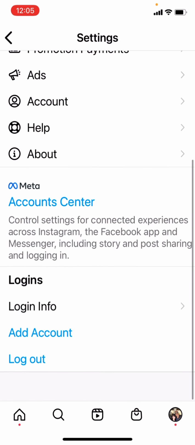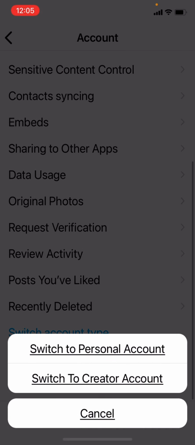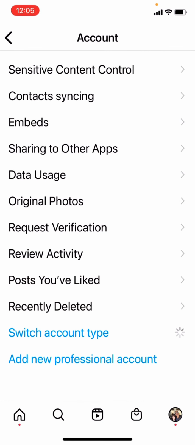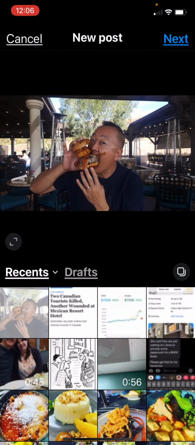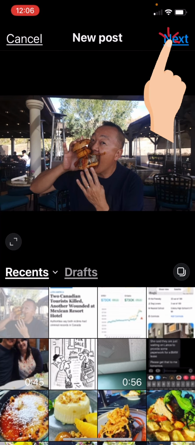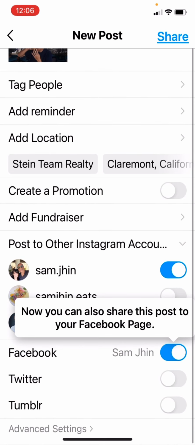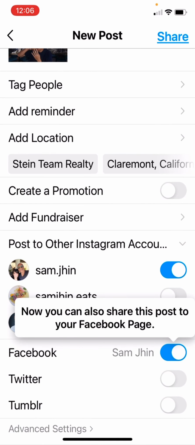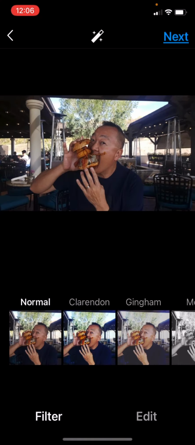We're going to go to account, switch account type, go to creator, switch. Now this might, let's see here. So if you go to post, see how it gives you that? Yeah. So now it'll share it to your Facebook, but I want to make sure,